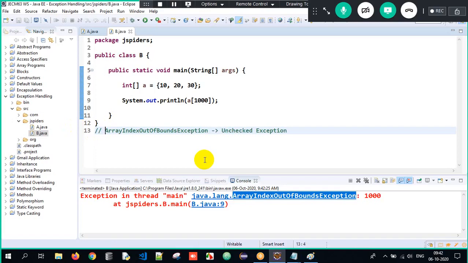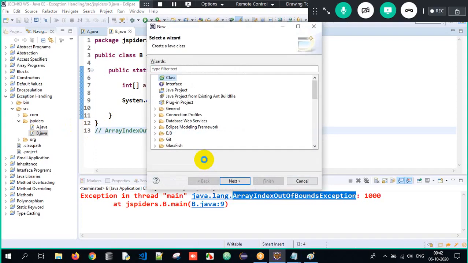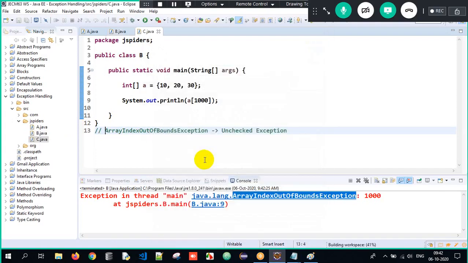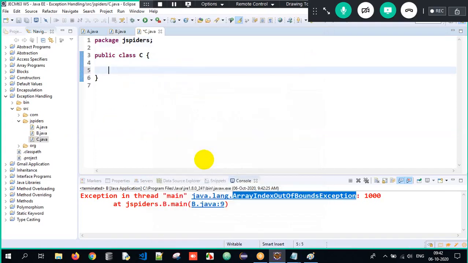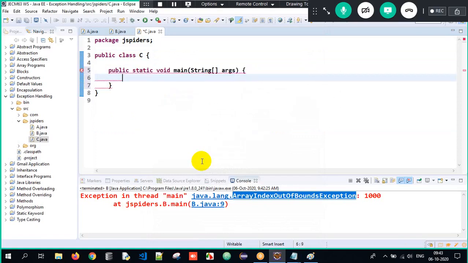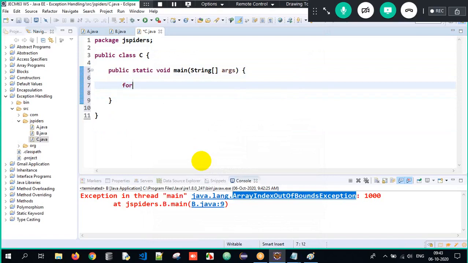Now look at the next example. I create a class called C, and I will have my main method wherein the execution will always begin from. Now here, I'll have one for loop. Everyone knows the functionality of a for loop, right? Long back we started with it.